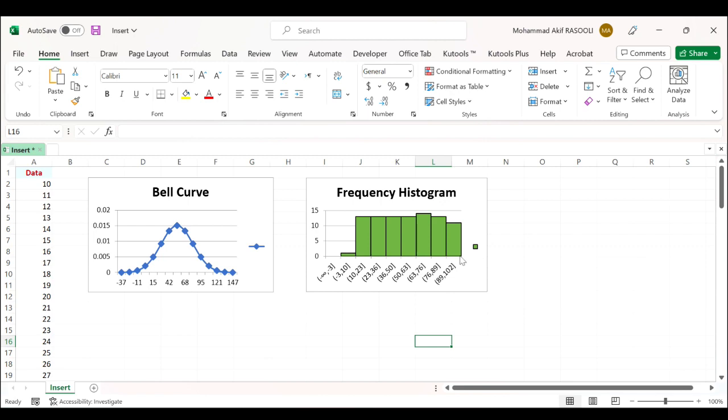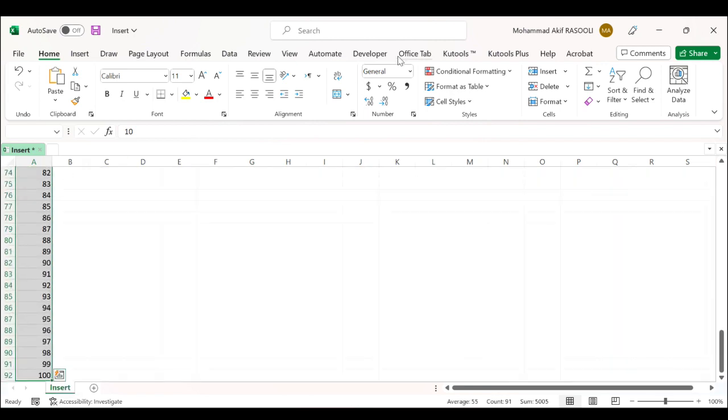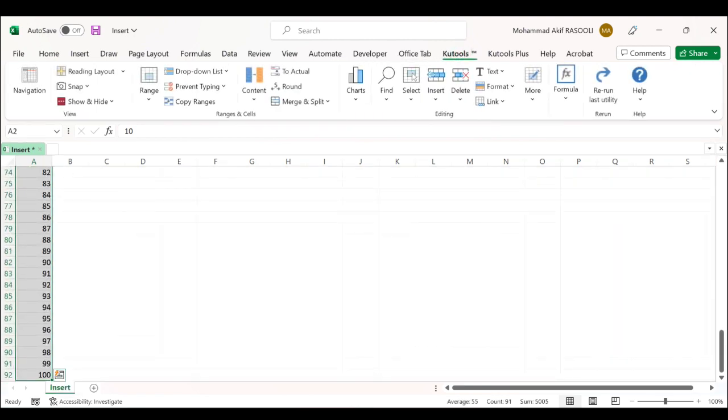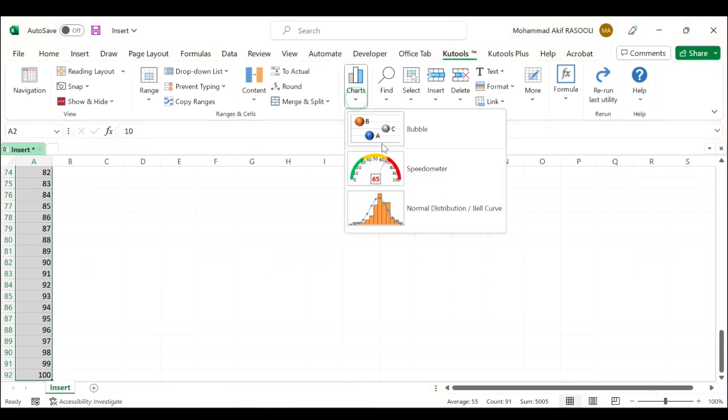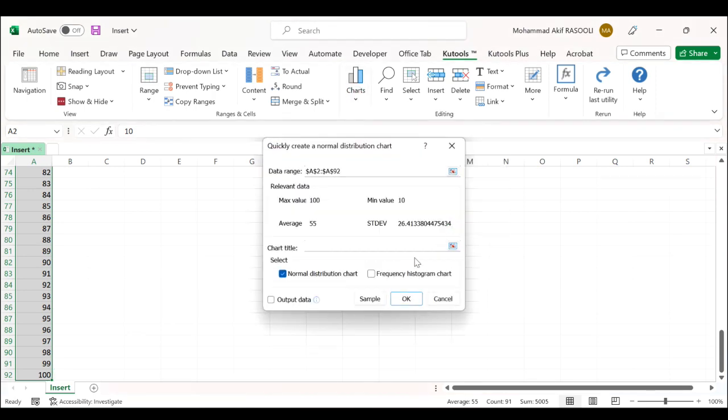For a combo chart of the bell curve and frequency histogram, we will check both options. Select your data range, click Kutools tab. In the editing group, click the charts drop-down list, select normal distribution or bell curve, and check both chart types. Click the OK button,